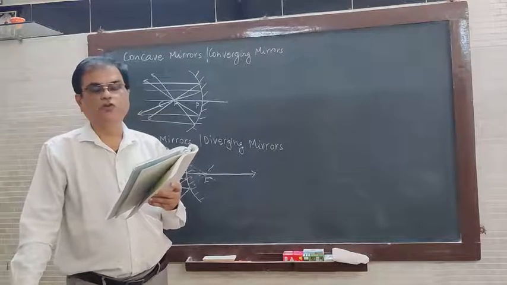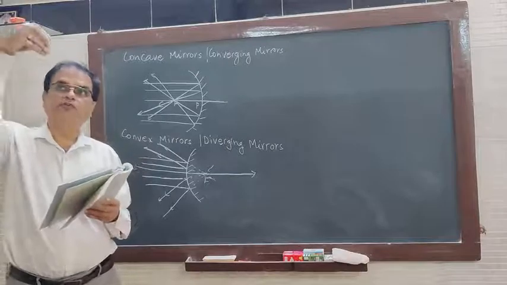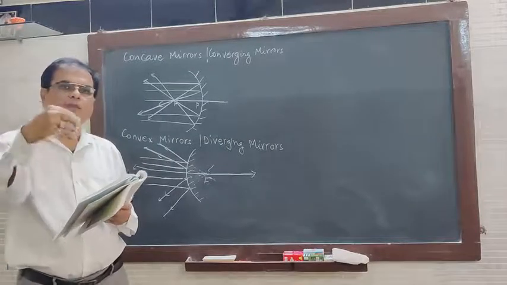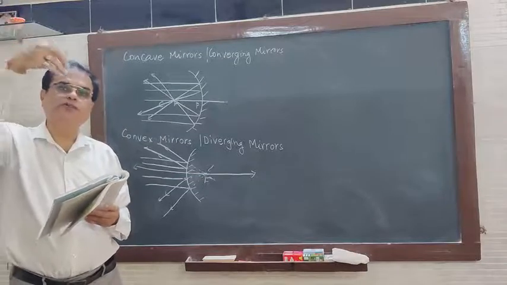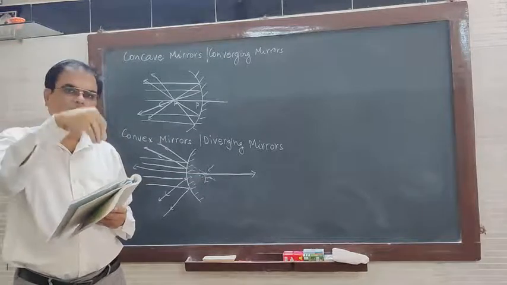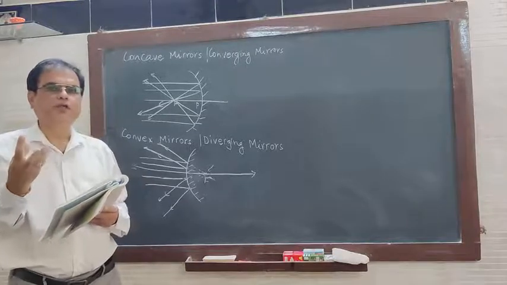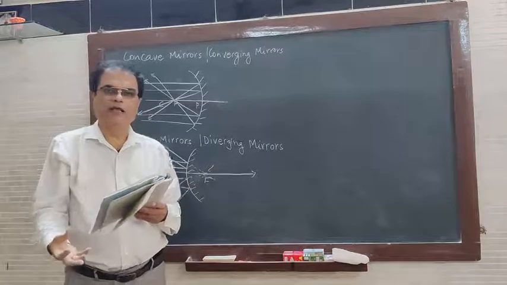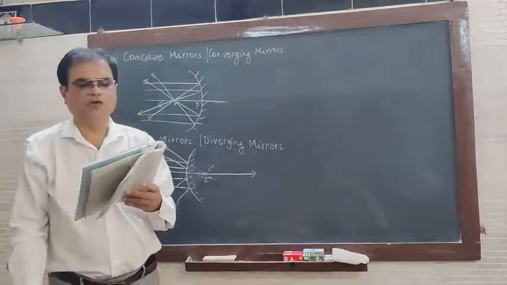It is also used in solar energy. Sometimes we take a mirror and focus the sun's rays on a paper, and then the paper catches fire. Why does the paper catch fire? Because all the rays of the sun come and converge on the paper, and that heat is given out. After the heat is given out, the paper starts burning after some time. So concave mirrors are used in equipment for solar energy also.